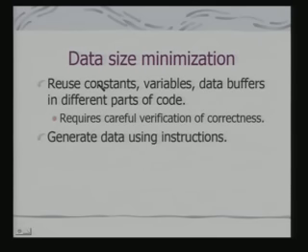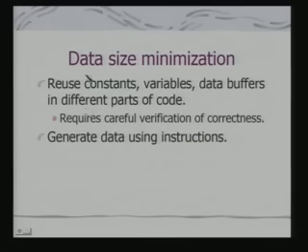So, how do you reduce the data size? Here you use what we call the basic principle of reuse. Reuse constants, variables, data buffers in different parts of the code. Okay. Obviously, this again violates a basic software engineering diktat, which says that the names of variables should all be distinct for different applications, but different variables essentially mean what? Allocation of space for those variables. If you can reuse variables, then the space required reduces. Okay. So, variables and data buffers you need to reuse at different parts of the code.